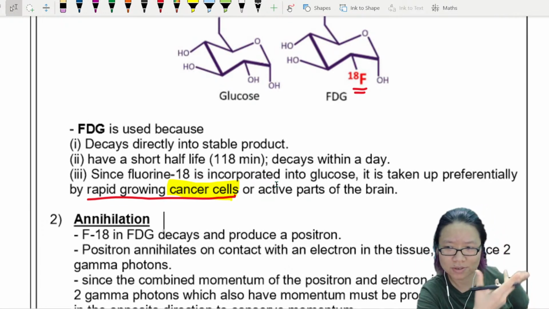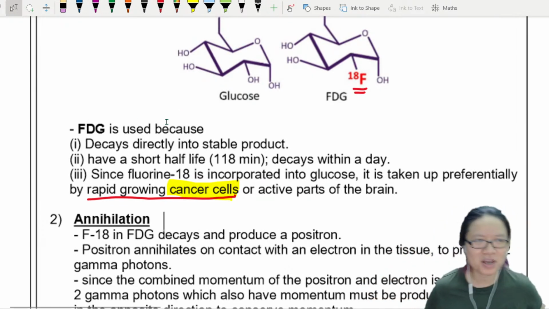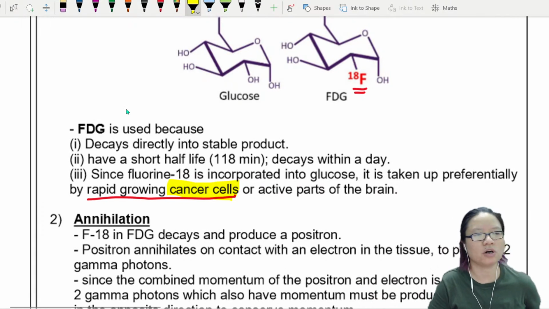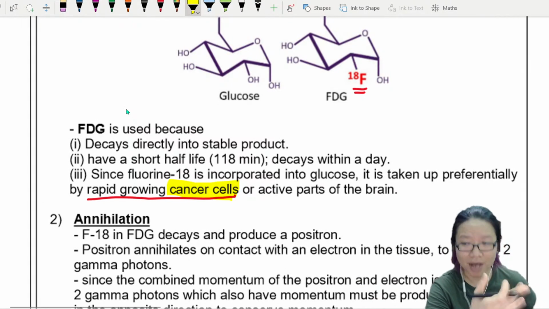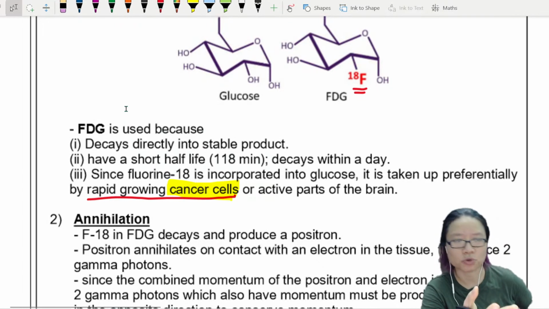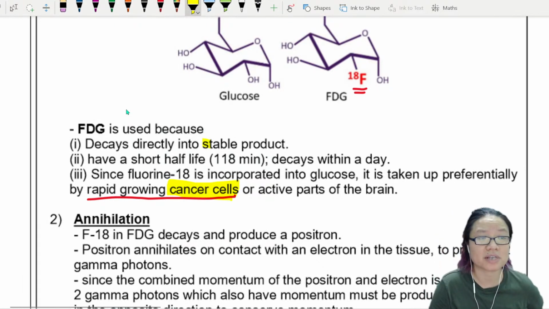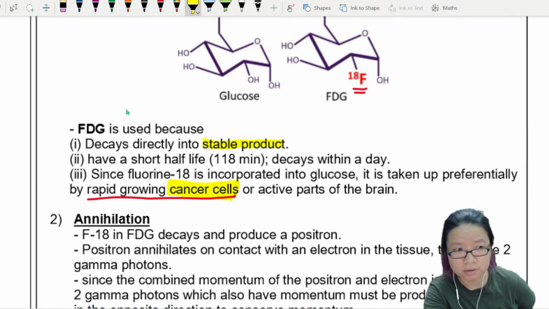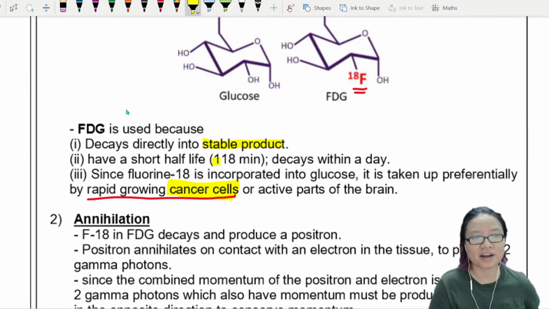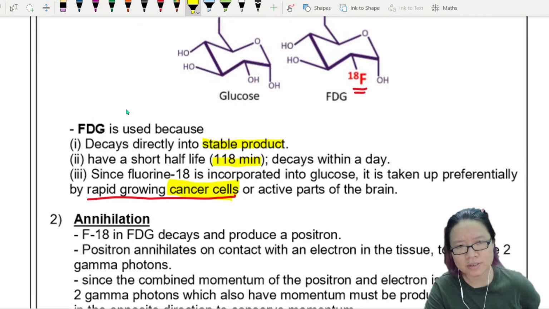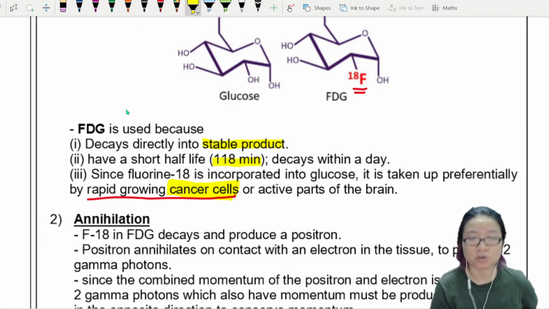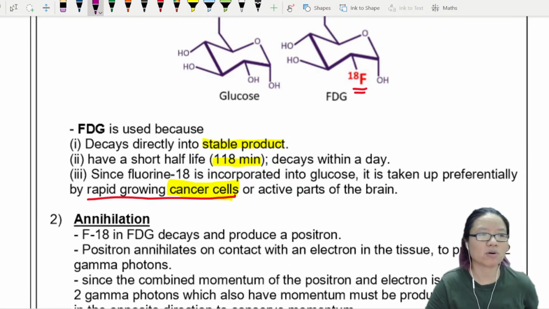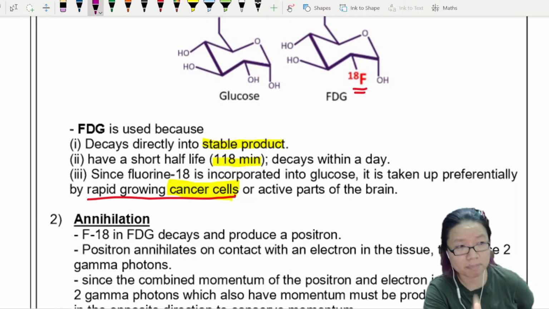We also choose FDG because we are introducing some radioactive particle into the human body. It decays into a stable product, so it doesn't have a lasting negative effect on your health. It also has a short half-life, around 2 hours, so all of it or most of it will decay within a day. The only downside of a short half-life is that you have to prepare the sample